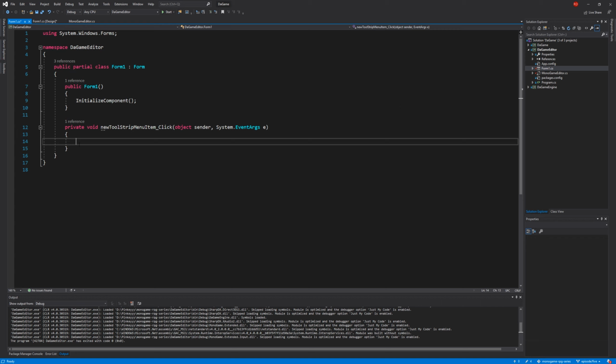Okay, so he's not doing anything right now. What we want him to do is open up a new dialog for the new map. So we need to create that dialog. What we're going to do is, on the game editor project, right click on him, add new folder, and